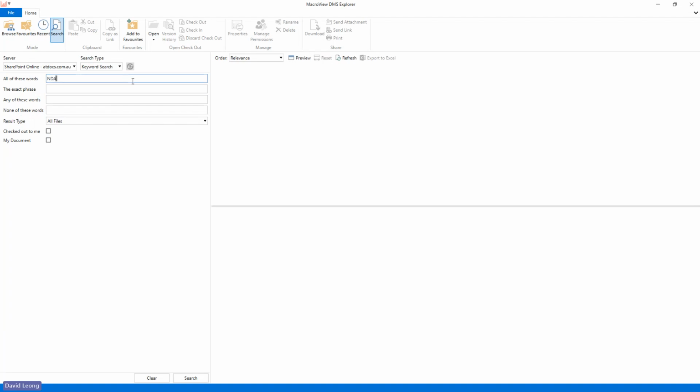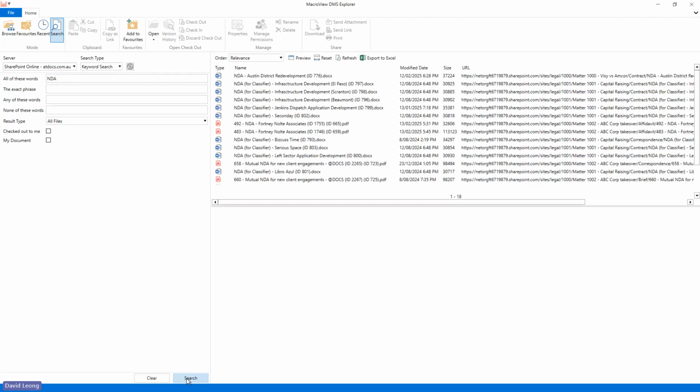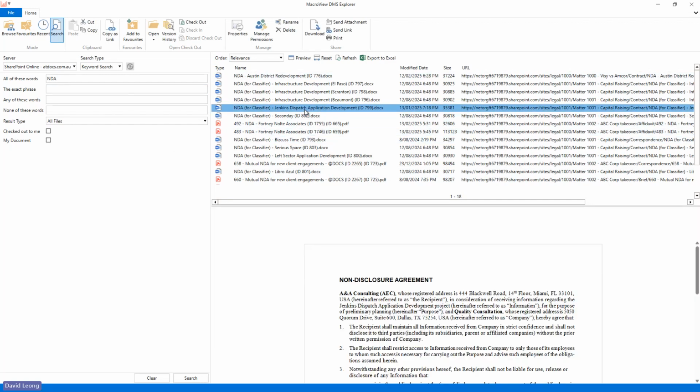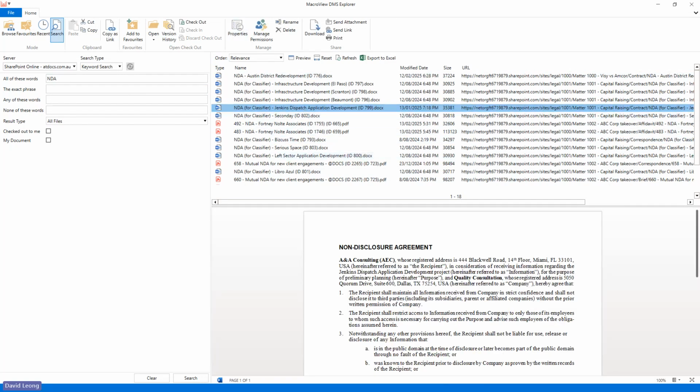Let's look up non-disclosure agreements that I've got access to. That has searched the whole repository, all the SharePoint, Teams, and OneDrive that I have access to, and displayed all the non-disclosure documents across that suite. I can drill down even further and say I'm more interested in getting the non-disclosure agreement from Ross Connors.